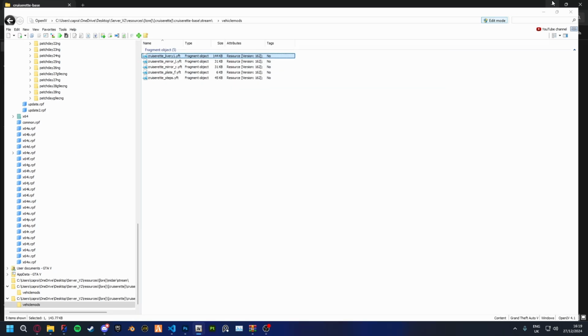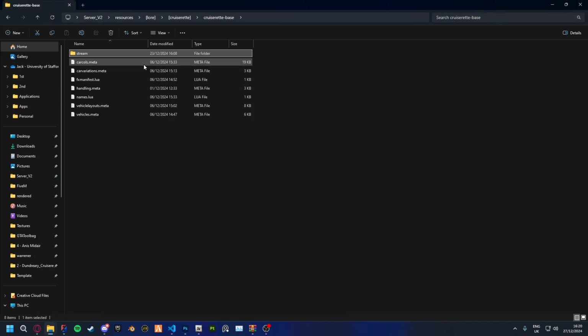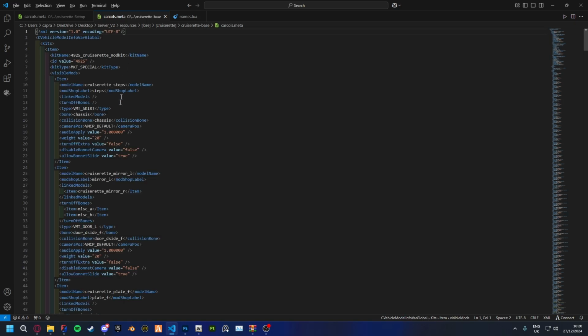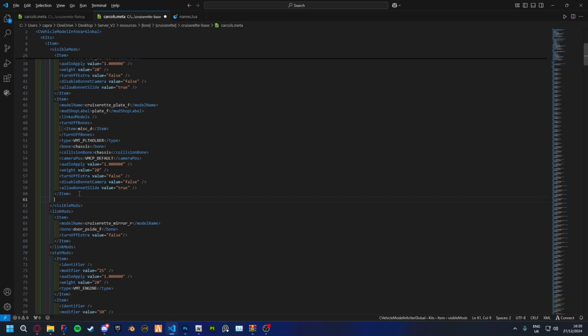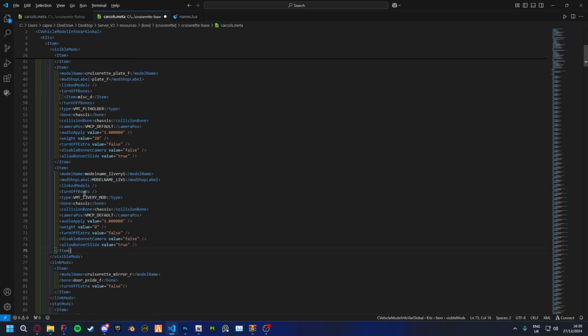What we need to do now is add this texture to the carcols. So you want to open up the carcols.meta, and in the link description below there is a link to a pastebin. This includes the template for the livery mod kit. What you want to do is you'll find the visible mods tab here and go to the bottom of it preferably, and then you'll find the closing tag here. Go down one and paste in this template in here,